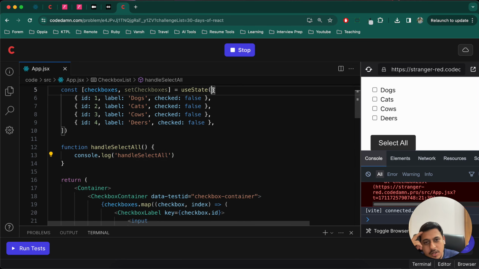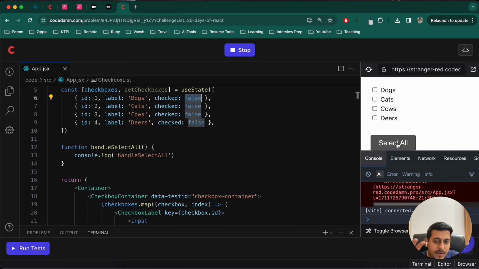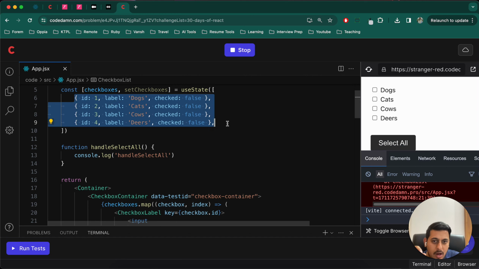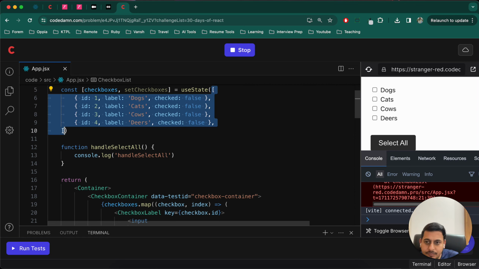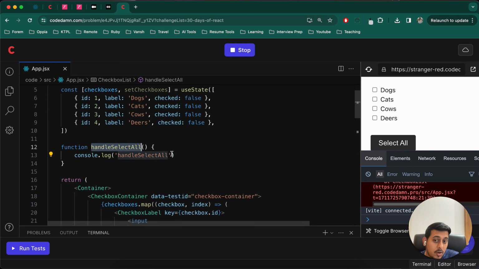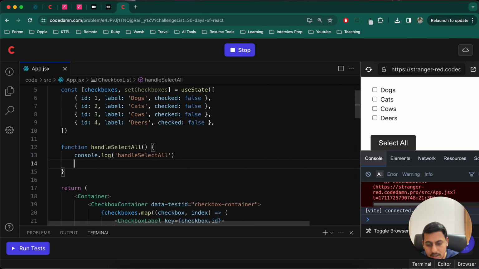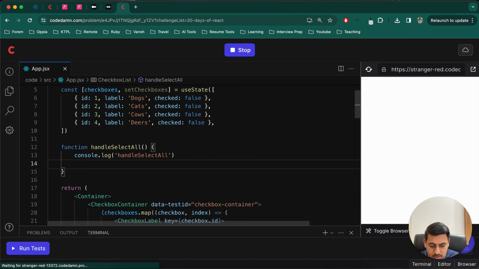Okay, now because this is an array and it has objects in it, I have to update only one of these values at a time. If we are talking about select all, out of these I don't have to update IDs, labels. I just have to update all the checked values, right? So I'll write one way of doing that, and then we'll write a better way of doing that. Okay, one way of doing that can be something like this. For select all only, it will work for select all only. Const, no, not const. Yeah, const